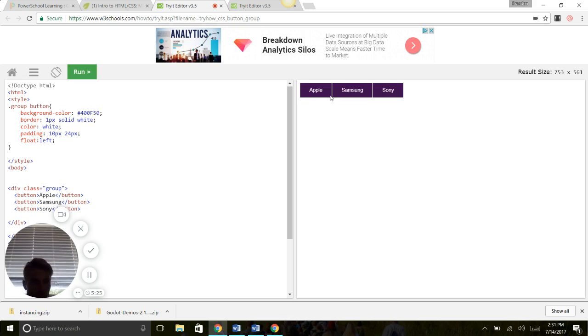Now, some things to notice here. Notice how there's a little gap in between these buttons? That's because I gave it a border. I gave it a border that's 1 pixel thick. It's a solid border, and it's colored white. So I could put the border the same color as the background color, and that would make it all blend together like that. Or I could take the border out